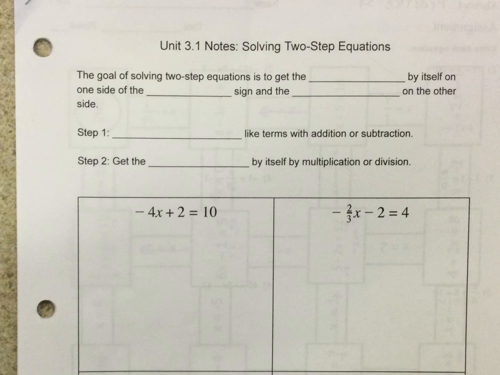These are your 3.1 notes. You probably do not have this paper yet, so if you need to wait until you get back to do this, that is fine. So, the goal of solving two-step equations is to get the variable, that's our letter, by